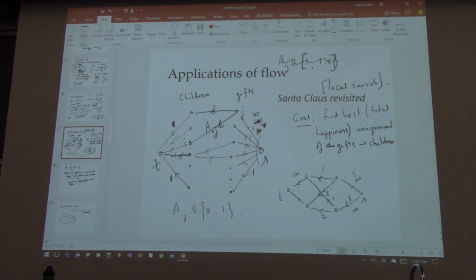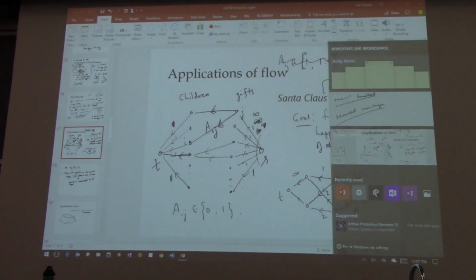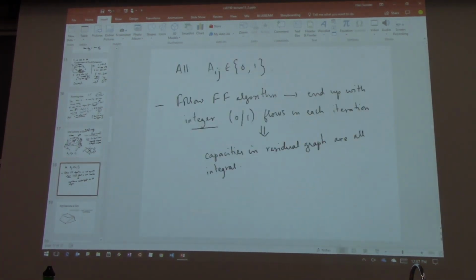So, yeah. But if only weight zeros and ones are allowed, then how will we know which flow is max? Because any flow will have the same value. No, right? Because what if I told you that some child could just get a gift of value, his value could be 0. Right? Because what if I told you that this weight is 1, this is 0, this is 0. And this one is 1 also.